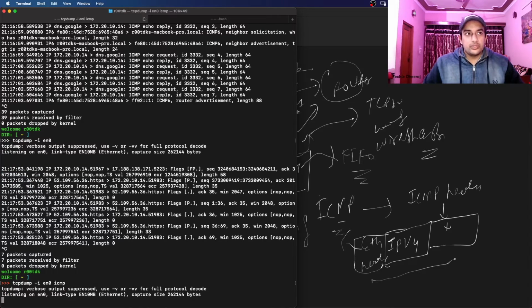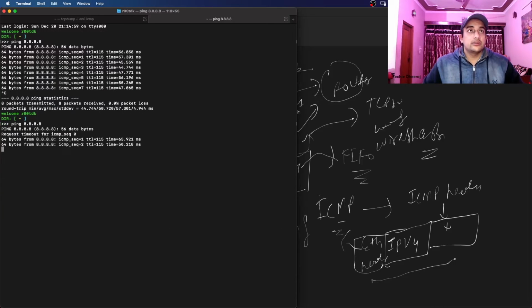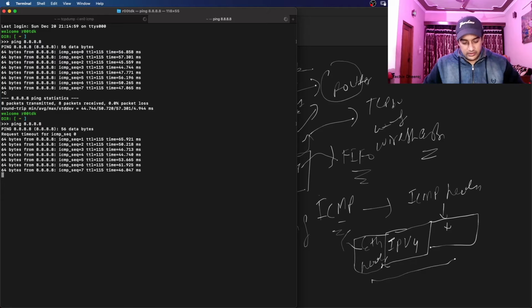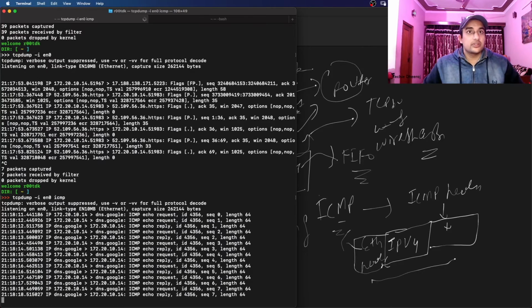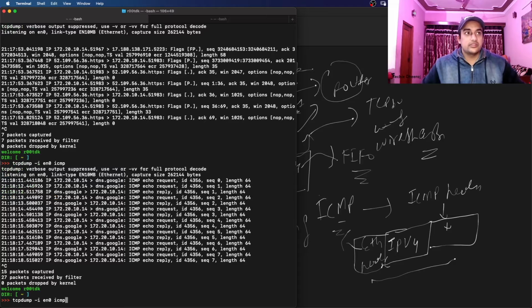So it will only show ICMP packets, not anything else, like we apply filters in Wireshark, right? If I run it again, we can see here the packets are only ICMP. So here we can apply filters. If you are sending packets, there could be ARP, DHCP, or anything like that, you can mention your protocol filter here. Okay, so that's one thing.